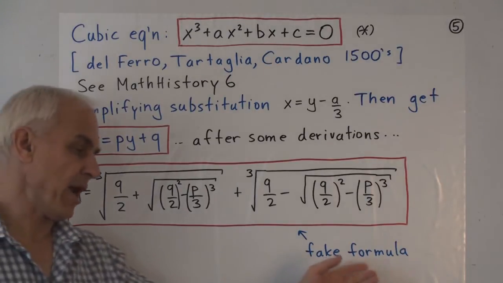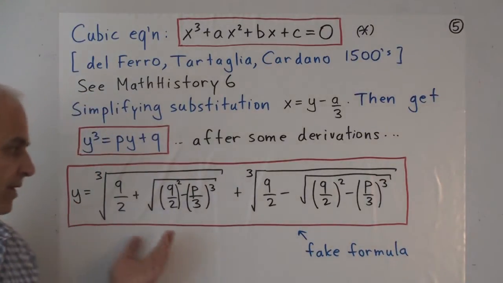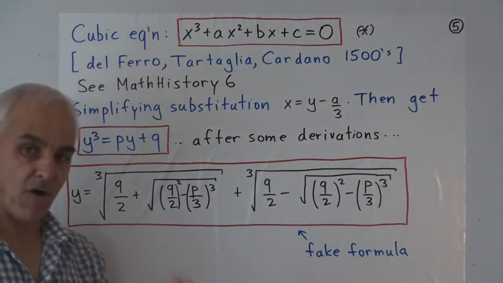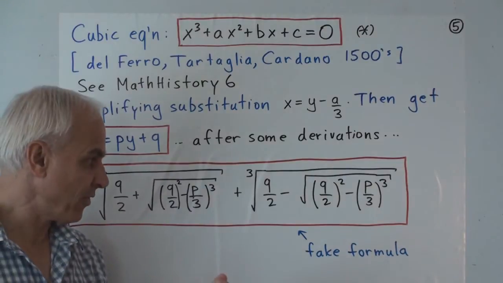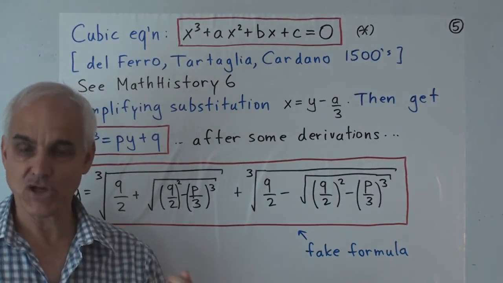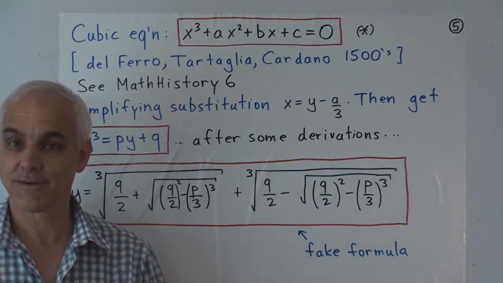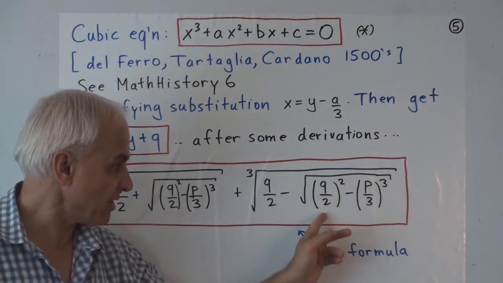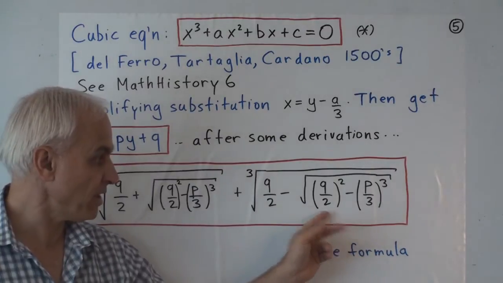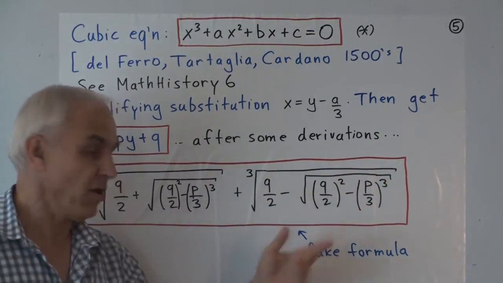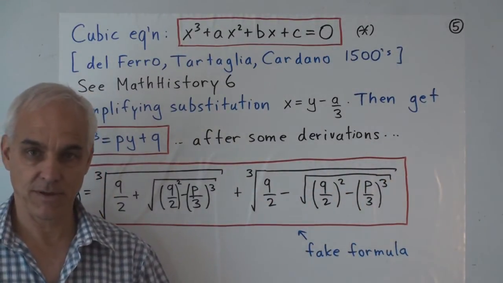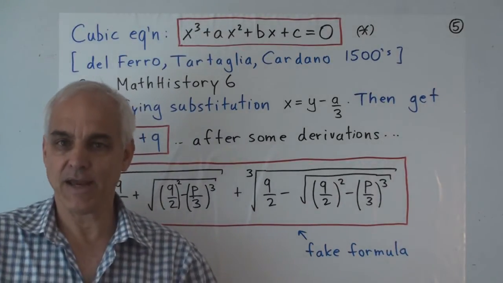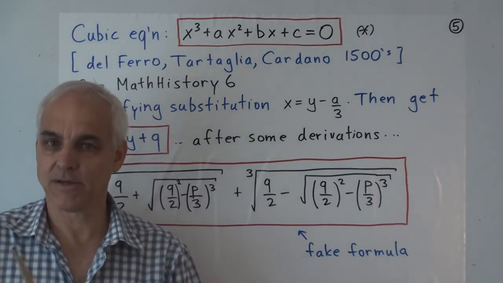And if I call the quadratic formula something of a fake formula, well, this one is also going to be a fake formula, because we've just said it involves square roots and cube roots, and in general those things don't exist. Unless you choose things very carefully, the numbers that are inside here are not going to be perfect squares, and then the numbers that you get inside here are not going to be perfect cubes. So necessarily this is really only a way of getting towards some kind of approximate solution.